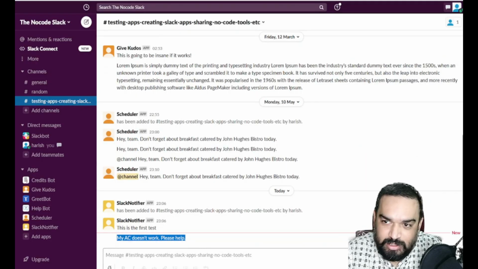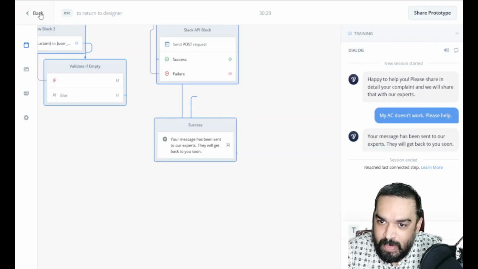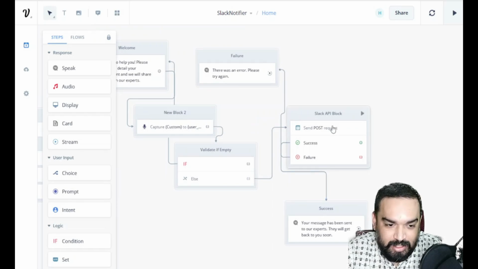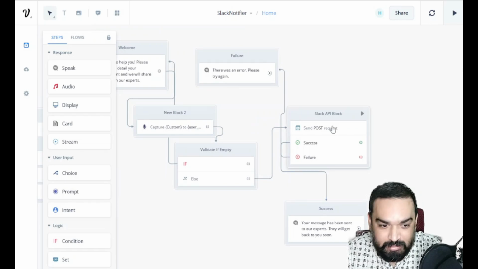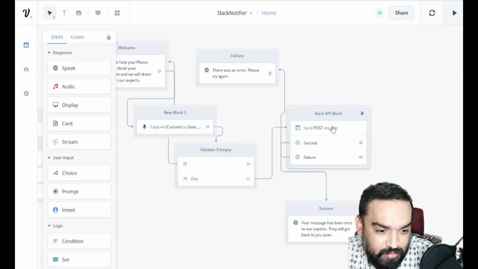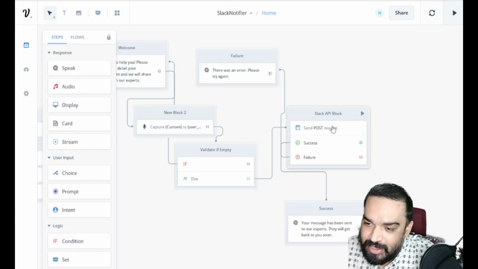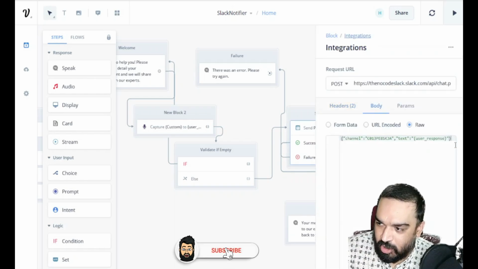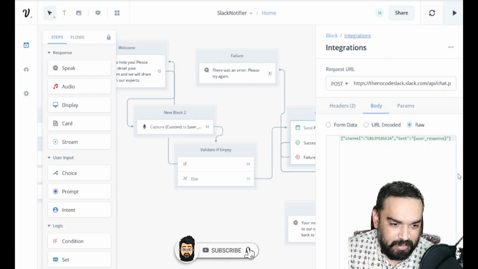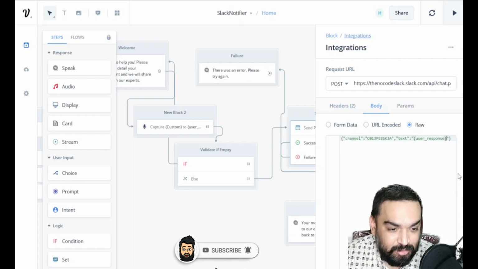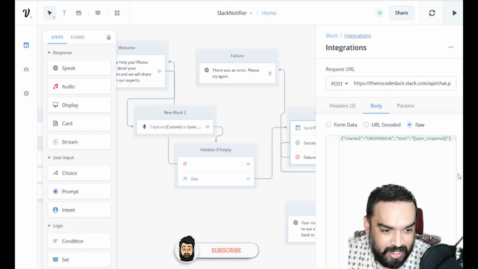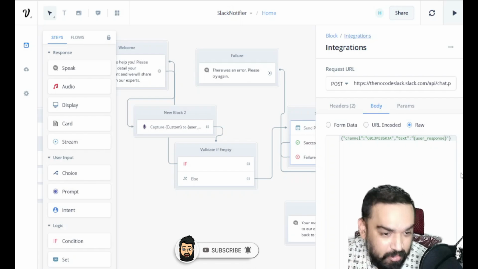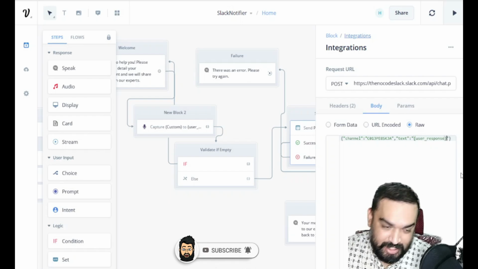Now what you can also do is there are variables available inside VoiceFlow that you can append to your request, where you can mention the user name or the user ID specifically to identify which user has requested this, right? So to do that, all you have to do is again go back to the body, and here you can append the same, right? That's it. That's how you build a skill or even an assistant app for people to directly raise support requests instead of them calling you on your toll-free number or waiting for hours together to raise requests.